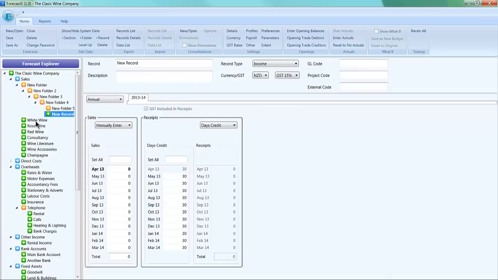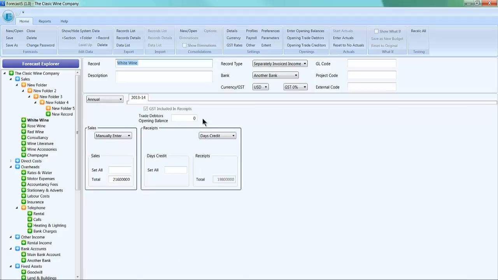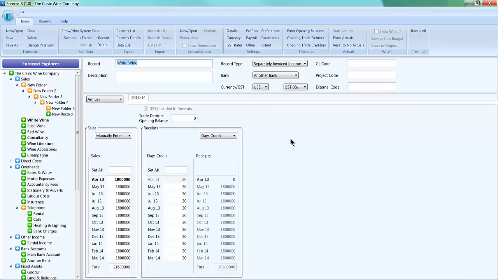Looking more closely at the record itself, you will now see it is very similar to WinForecast. Though we have introduced 3 fields in here called the General Ledger Code, Project Code, and the External Code, which are designed to assist us for integration into financial products, and we facilitate an import of the record list, which you can do with General Ledger Code on a data list, to make the creation of records in there. The normal functions such as